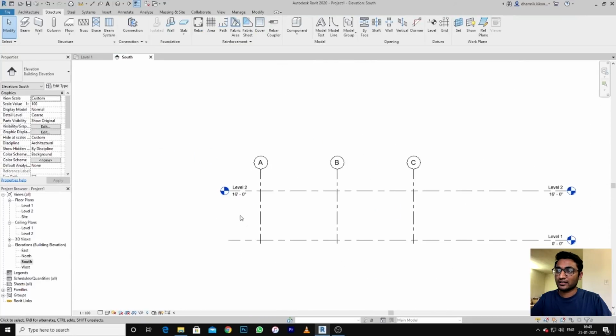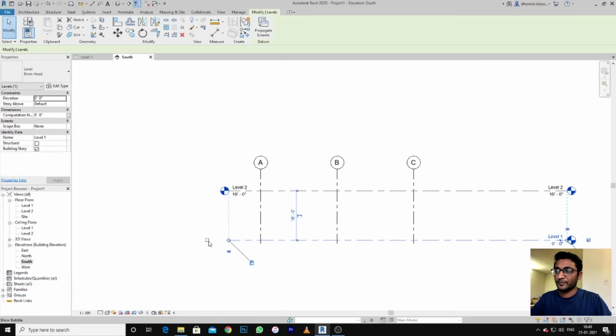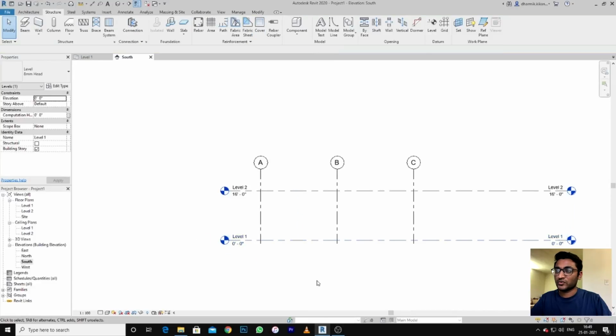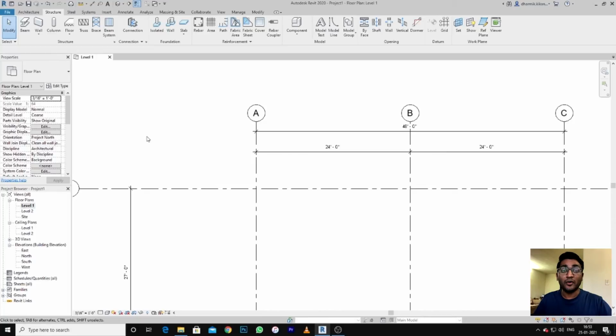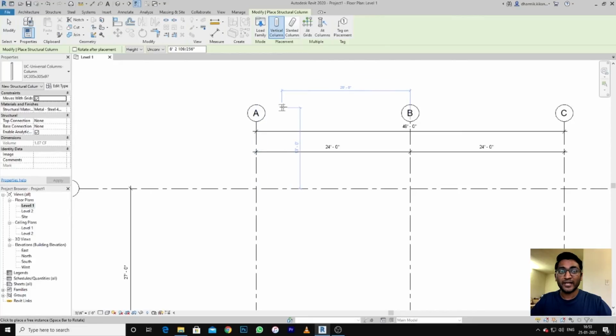As you can see, now click on it and click in this box. You get both side dimensions. Now I will show you how you can put the column. In a structure you get the column, and before placing the column you have to keep one thing in your mind.